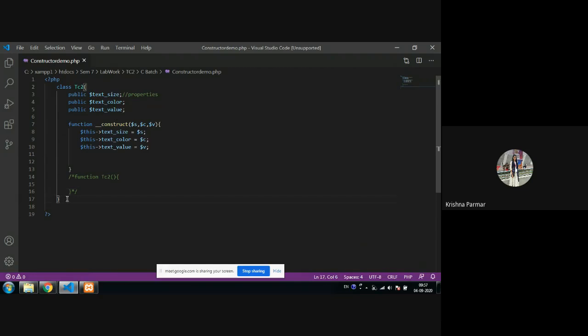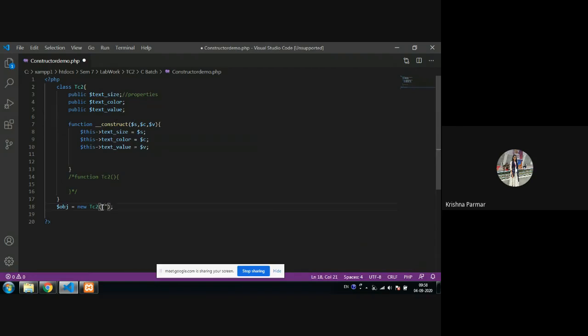Now outside of the class, we go for the object creation. How can we do it? Using obj, the object name, is equal to the new keyword and then your class name, which here is TC2. After that, I'm providing parameters. In the constructor I'm passing three parameters, so I have to provide three parameters here.